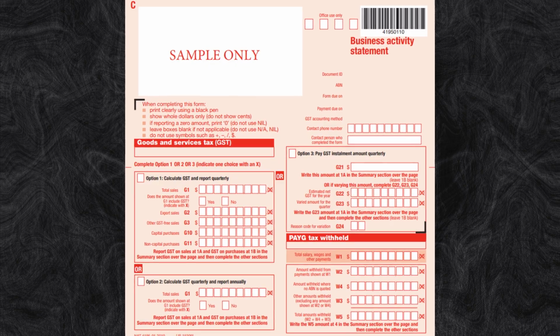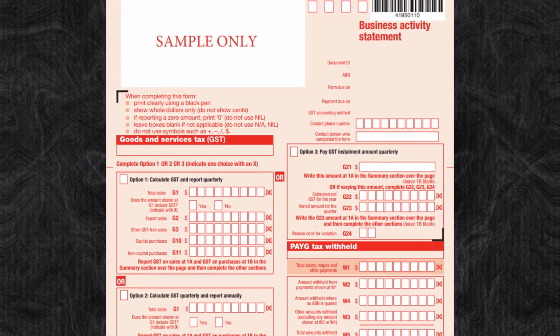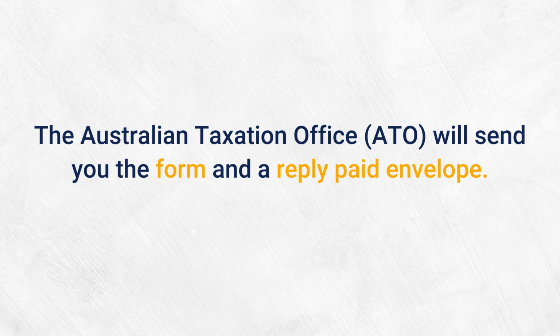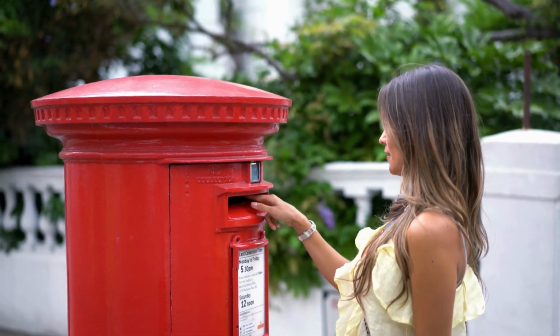Okay, let's kick things off by checking out the first method, which is lodging your BAS through good old-fashioned paper forms. Believe it or not, you can still lodge an activity statement by filling in a paper form and posting it to the tax office. The ATO will send you the form and a reply paid envelope in the mail, and all you need to do is fill out the form with a black pen and pop it in a post box sometime before the